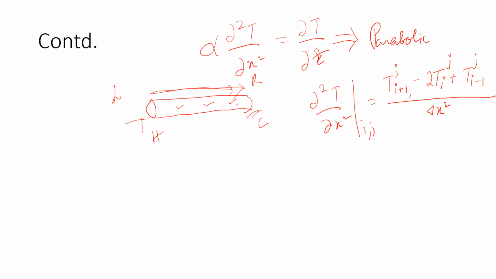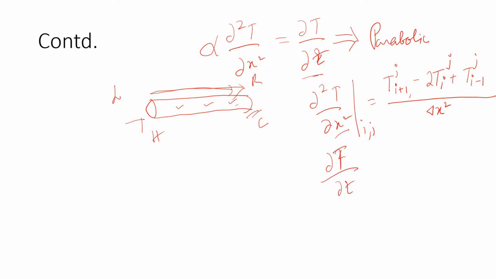This is nothing but the second-order partial differentiation of the temperature T with respect to x. So this is the central difference, and this term can be written as del T